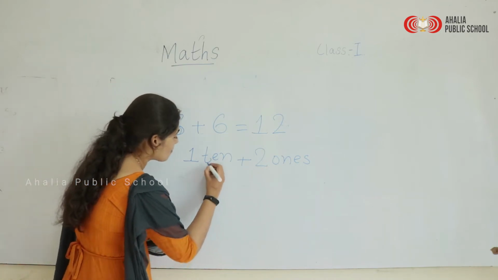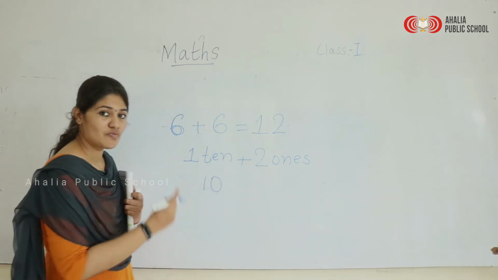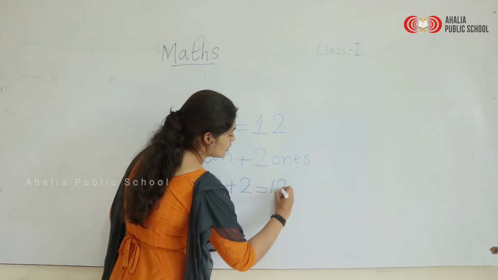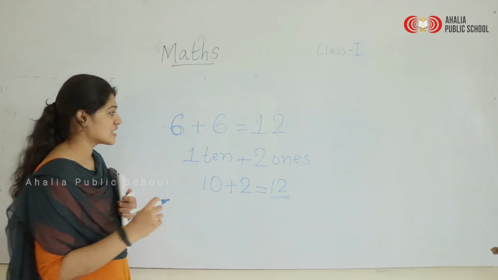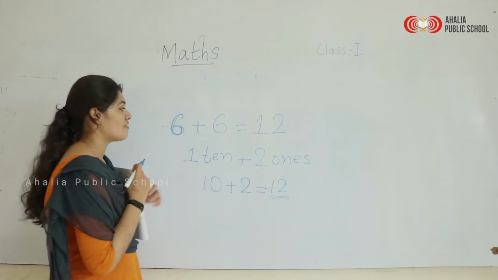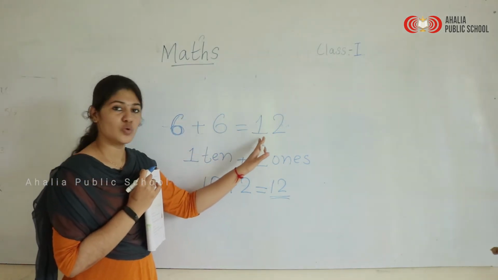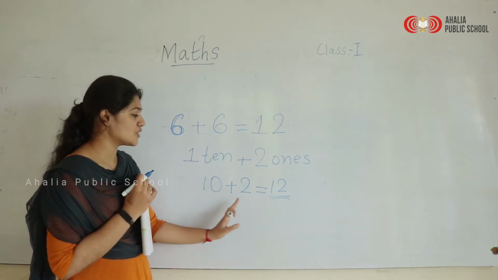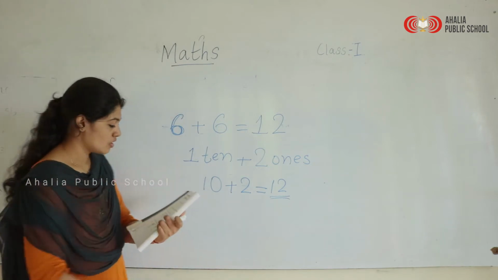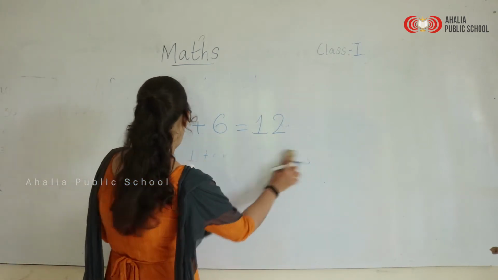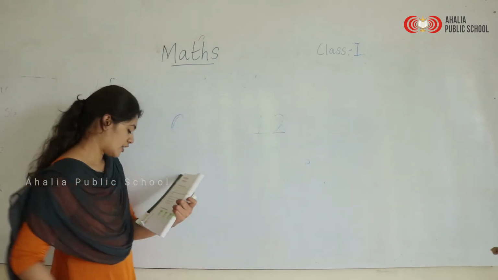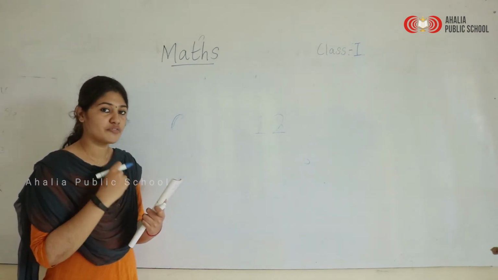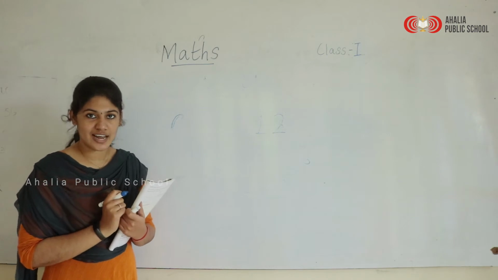How can we write that? The number 12 means it is 1 ten and 2 ones. 1 ten means 10. Clear? 10 plus 2 ones, we get the number 12. Clear children? If we are taking two one digit numbers, we are getting a two digit number, and we can also make one more addition combination, that is 10 plus 2 equal to 12. So in your text, on page number 26, there are some exercises. What you have to do is try on your own. We can just discuss that in the interaction session.